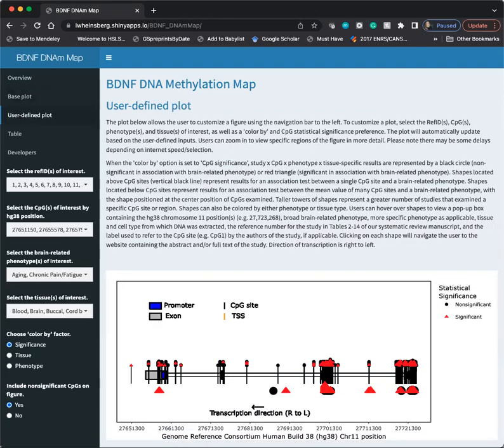The user-defined plot allows you to interact more fully with the systematic review data. Specifically, we've included several filters in the navigation bar on the left that allow you to customize the plot based on your interest. To demonstrate its functionality, let's walk through a fictitious scenario. So let's say that we're researchers who study BDNF and aging and are selecting CpG sites for a study we